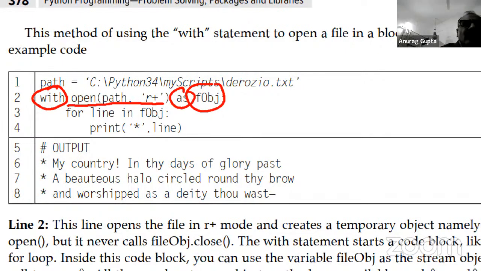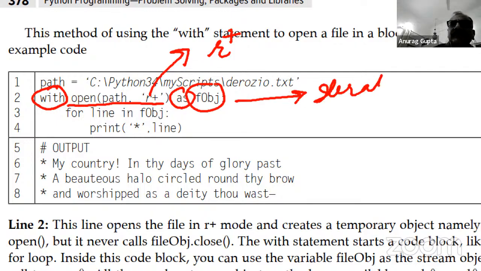So this is the function or the method. Open has to be given two arguments. You can skip out on this. If you don't mention anything over here, then it has a default value of r. But if you want read and write, then we put r plus. So what will happen is open has created an iterable, an f object. For line in f object, print line, where line in f object is every line in f object.